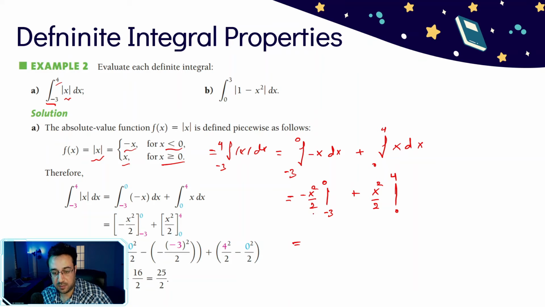So minus x squared over 2, 0 would be equal to 0, minus, because we have the top value minus the bottom value, minus the minus 3 squared. That's minus 3 squared, which would be 9. So minus the minus 9 will be plus 9 over 2, plus x squared, that's 4 squared, that's 16 over 2, which is 8, minus whatever value would be 0. So you have 9 over 2 plus 16 over 2, which would give you 25 over 2,